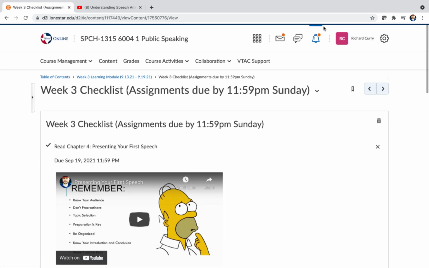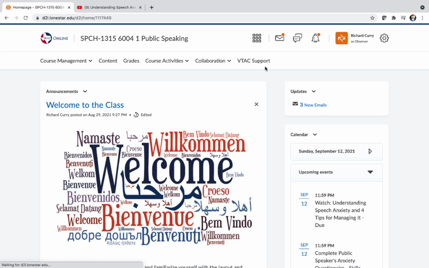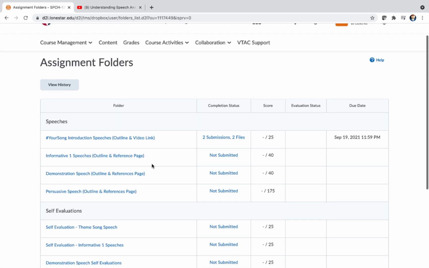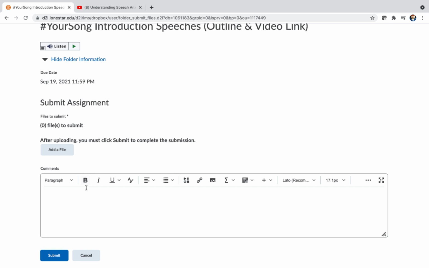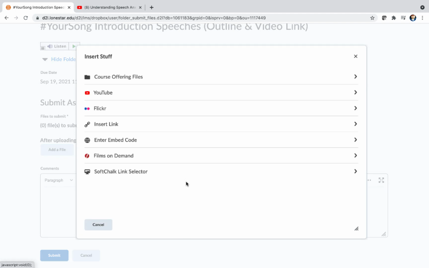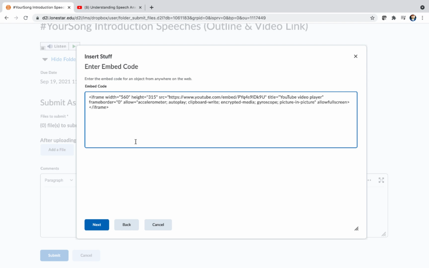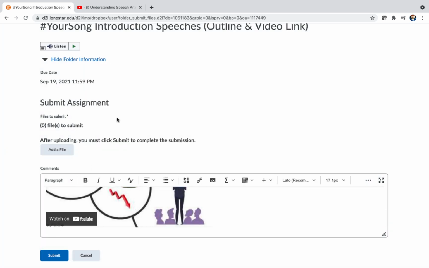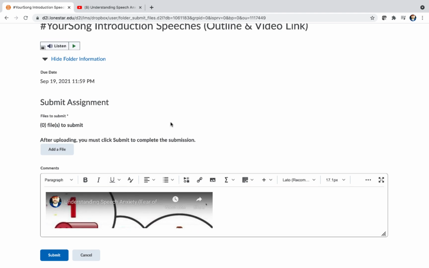Then we're going to go back and let me go to the observer view for the class. So this is how you would see it on your end. Go to course activities, select assignments, and then you'll see the drop box for the different assignments for our class. So I'm going to go into the Your Song introduction speech, outline and video link, and then here I'm going to select this icon here, the insert stuff. Once I select that, you will see the enter embed code. When I select that and then paste that code from my prior that I just got from YouTube and click next, it will actually insert a copy of your video into D2L, which is very nice for me,